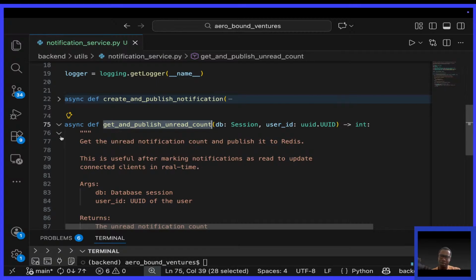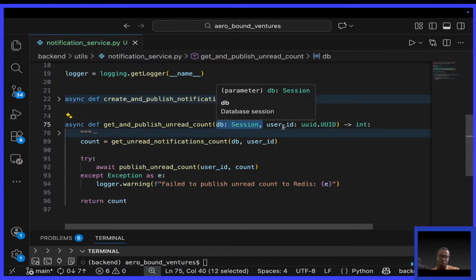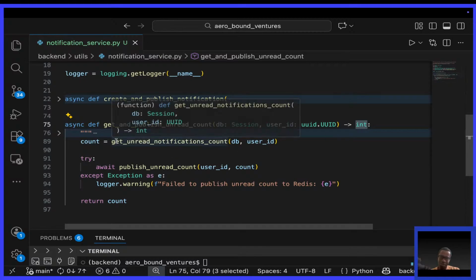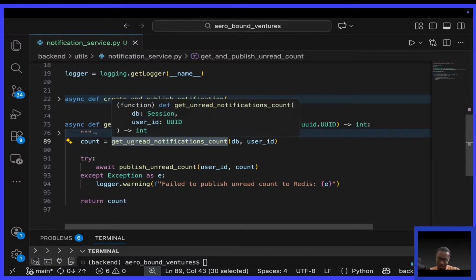Which simply gets the unread notification count and publishes it to Redis. So this one is also very similar. It takes in the database session and the user ID and simply returns an integer. So this one, we have a function called get unread notifications count. If I click on it,